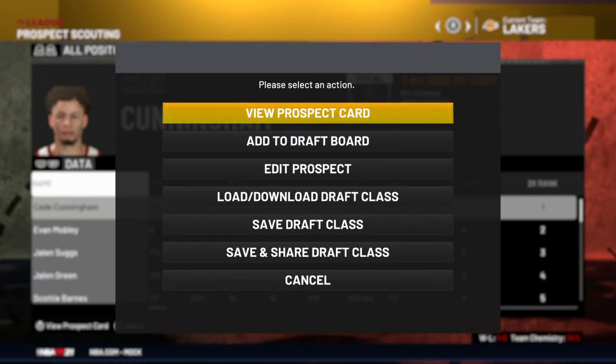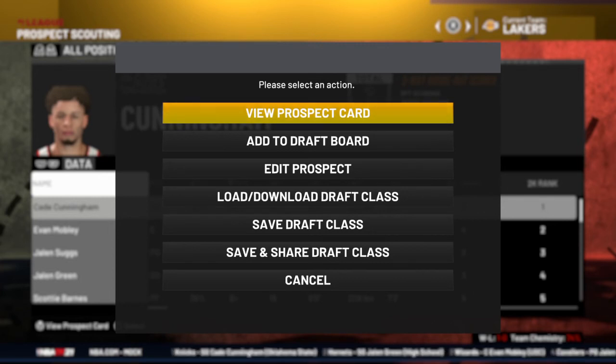But if you want to use his draft classes, you can search my PSN, which is KC_classic7807. I'll have it in the description below, and you could use his draft classes from my name, because I'm pretty sure it won't be an issue. So originally when I started, I thought the issue was that custom draft classes were glitched, but it's just certain custom draft classes that are glitched. So again, you should be able to use his custom draft classes by downloading them from my PSN,